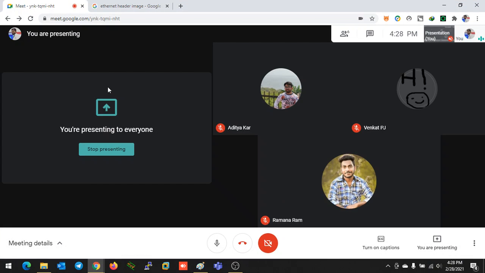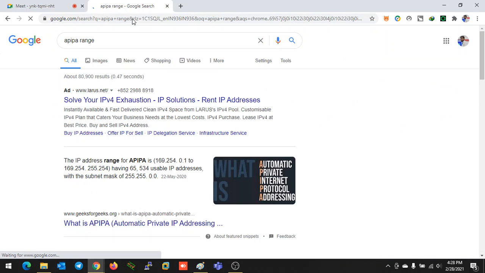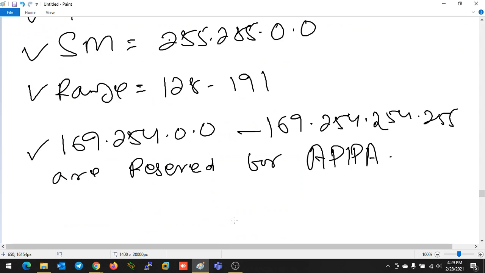Let me check the range once. Okay, 169.254.255.255. So this is the range they have reserved for APIPA. Also, from somewhere else you will get 169.254.0.0 to 169.254.255.255. So this range has been reserved for APIPA.